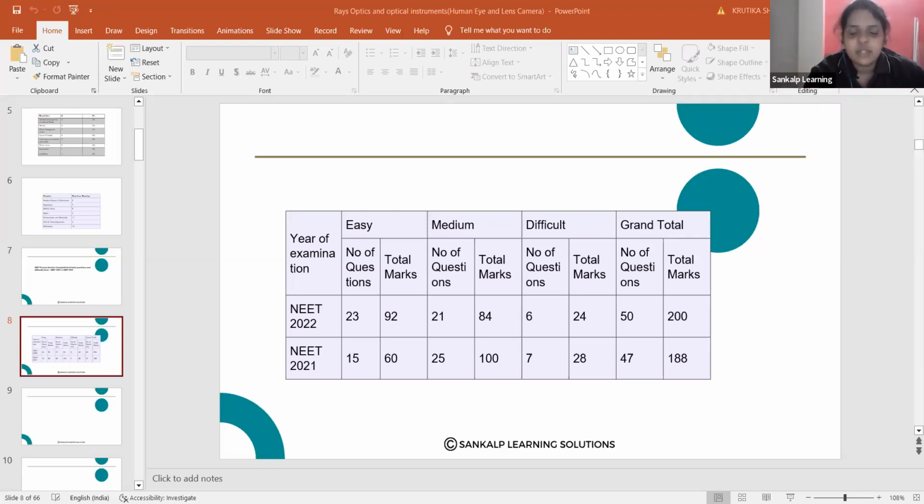Conservation of energy means that energy can neither be created nor destroyed but can be transferred from one body to another body. So that is called conservation of energy. Here, what are we saying? We are saying conservation of charge. So what is conservation of charge?